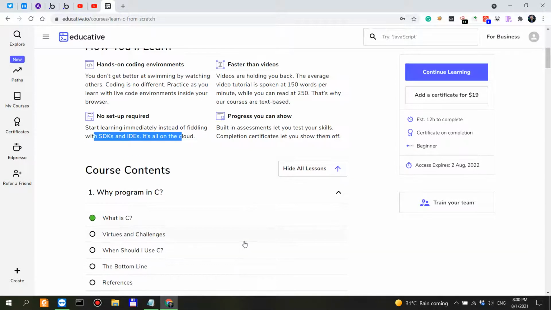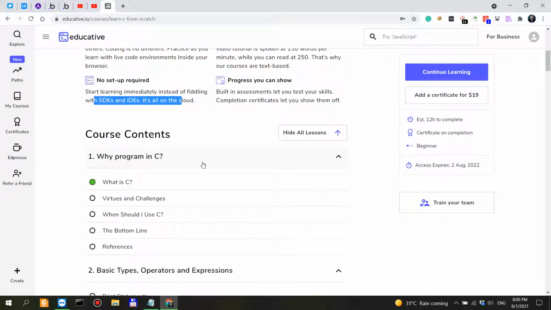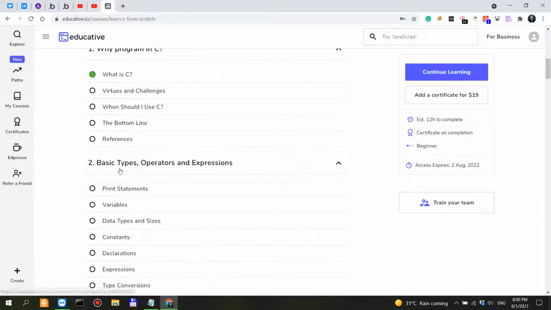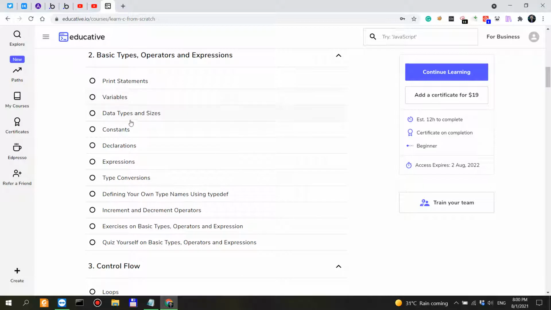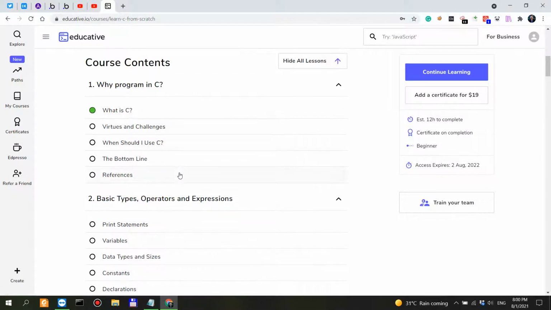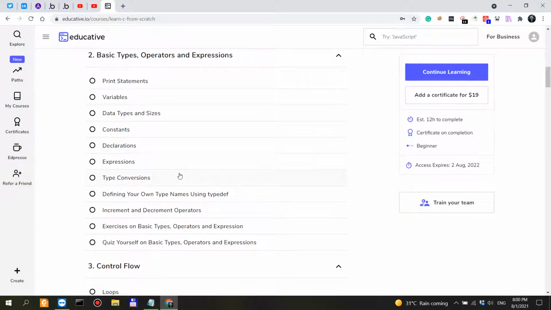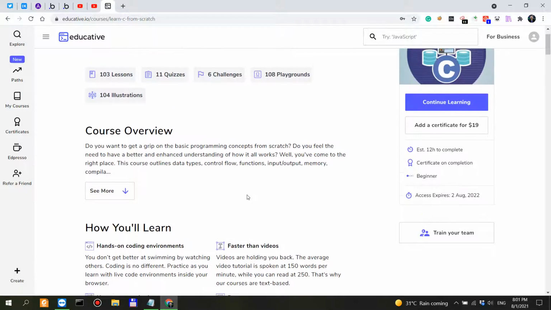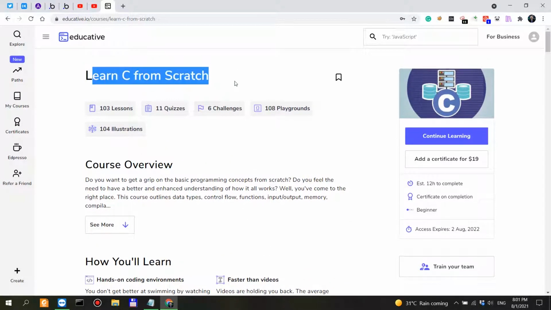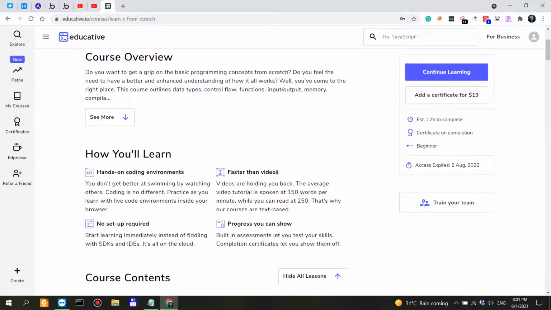Now let's look into the contents. So C programming, basic types, so we learn various things. I'm actually really excited about this because I don't think I've ever taken a thorough C course, and I feel like this is a thorough C course. Learn C from scratch, and if I have a good experience with the C course, I'm actually going to buy